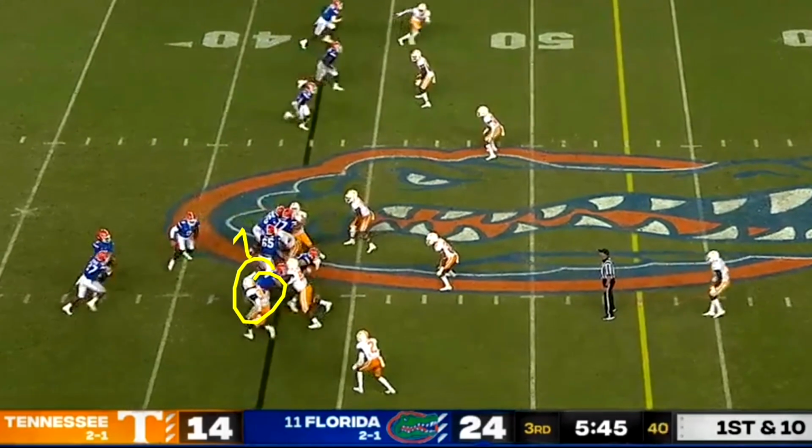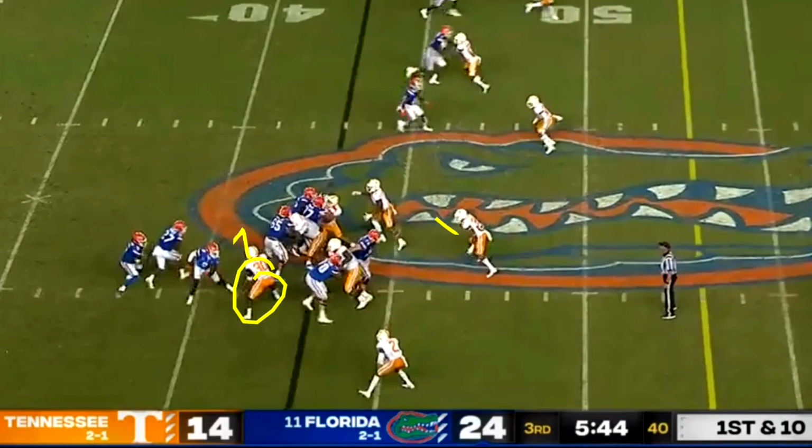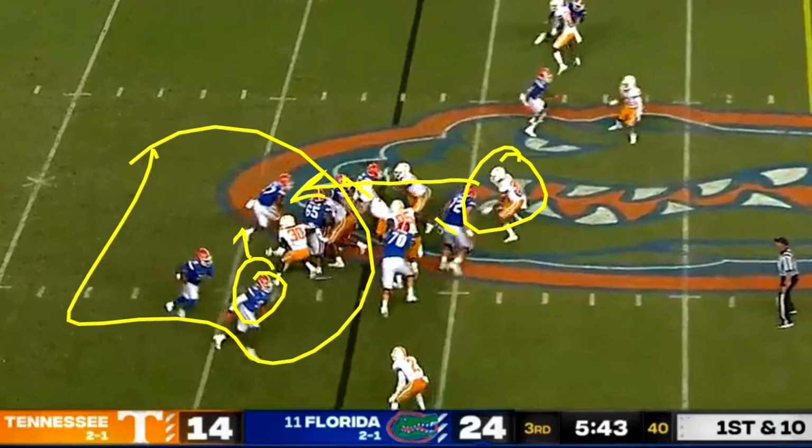Emory's gotten better and better at these fakes, by the way. They're really tough to read. You'll see a lot of the players reading them incorrectly, which is what you want to see on film. Look at that. He still thinks Pierce has the ball. For Florida's offense to work, a large part of it is executing those fakes in the backfield really well, which